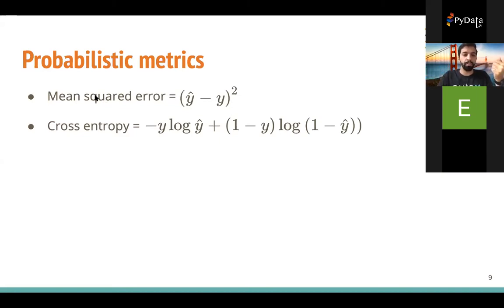For example, we use the mean squared error. So for each data point, we take the predicted probability minus the actual probability. And the actual probability is going to be either 0 or 1, depending on the label. And we take the square and take the average sum of that. For example, there's cross entropy, which tries to sum the negative log likelihood of the predicted probabilities. There should be a bracket here, sorry. The negative is for the whole sum.